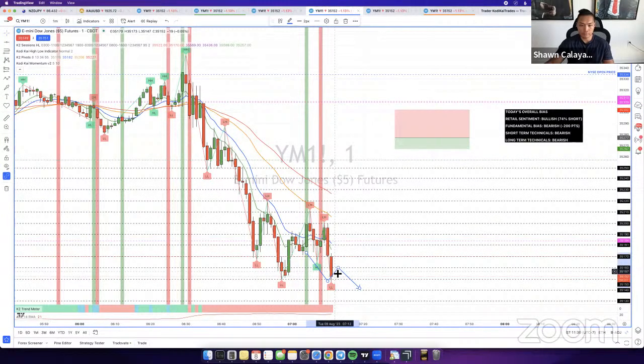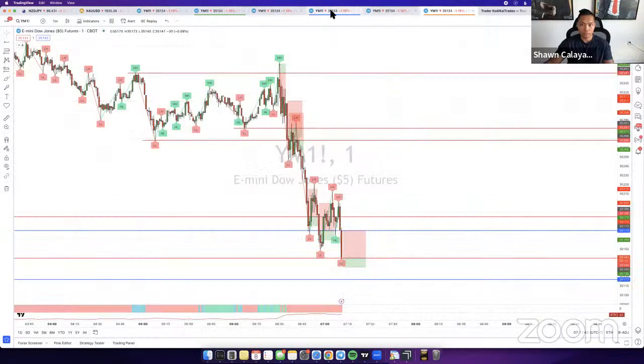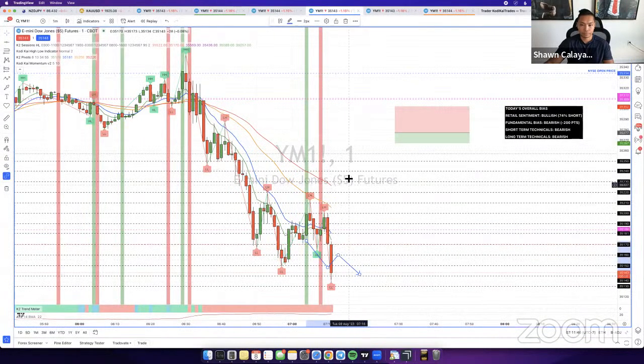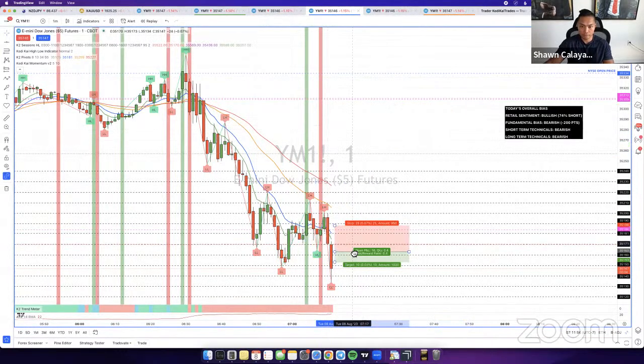Yeah, Marina said price seems to be ranging. Yeah, it looks like it was, and now it's starting to finally move. It's trying to pick up right here. All right, we just need this here to close. Once it closes, we're going to look for that retracement. And then once we get that retracement, we can look for possible entry here.